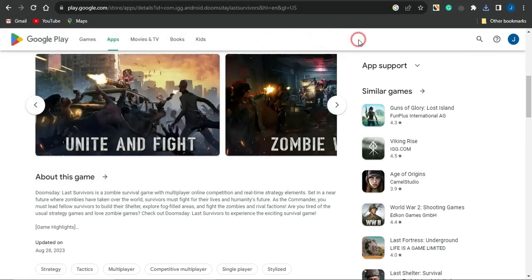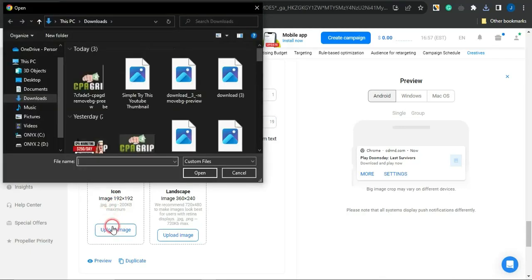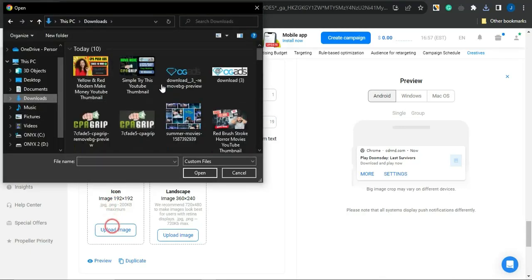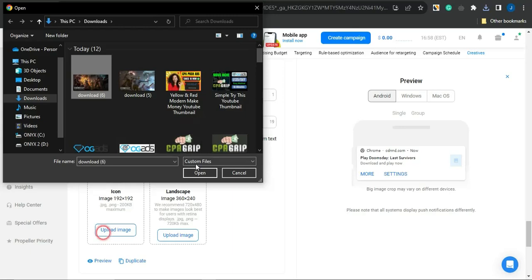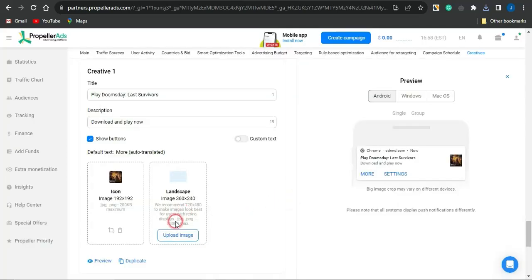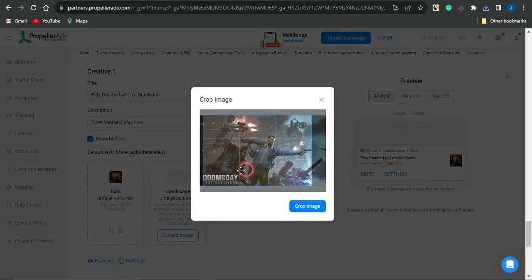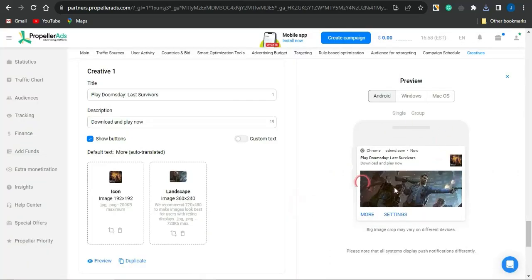I can then go back to my Propeller Ads and paste that in this section right here. So if I select that particular image, I'm just going to click on open and crop out the section which I want to show for this particular ad. If I crop out that section, for the landscape section you want to do something similar, and I'm just going to do this right here. So if I click on crop, you can actually see